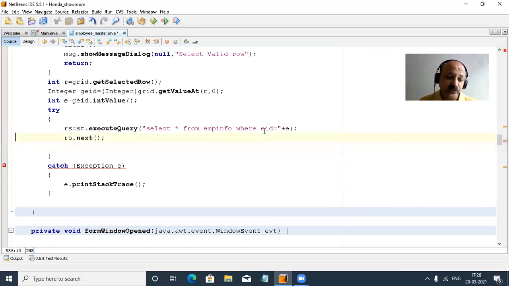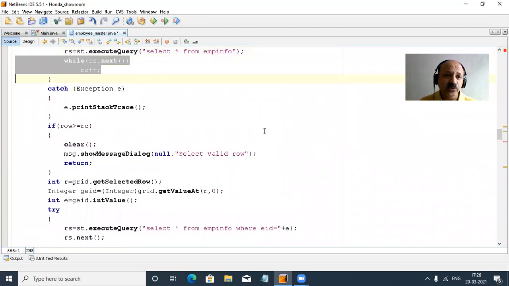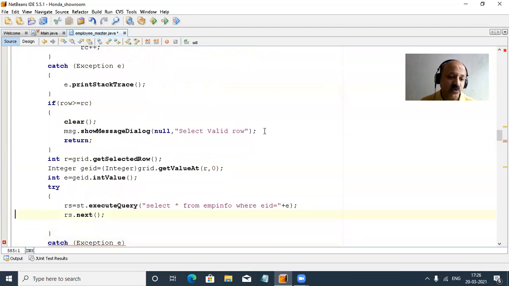So yes, if you miss this next method, you can look here, where we can take a counter, so we can also use the next method. One by one the records are counted, so we can take a while loop with next. But here only one record is needed, so we cannot take any while loop. So rs.next, our cursor holds the next record in the table, because that is one less, so we can take the counter plus plus, that type of meaning in next.